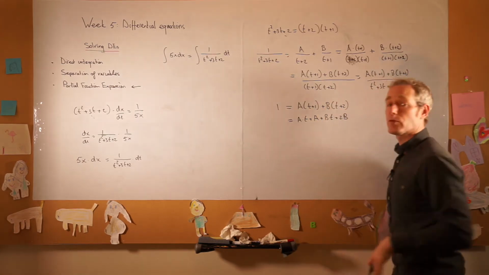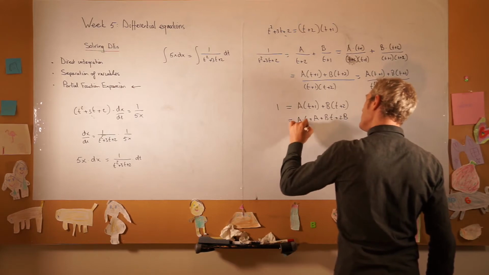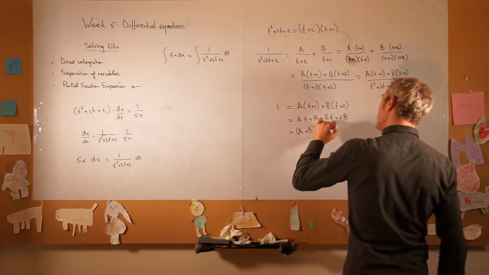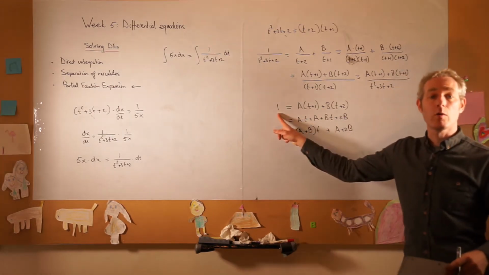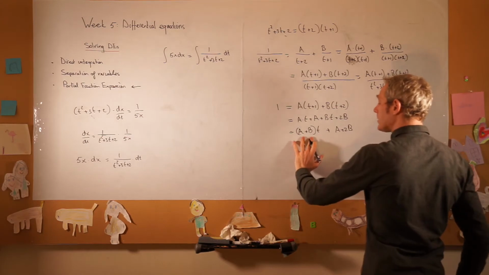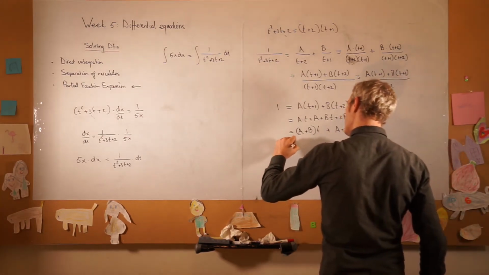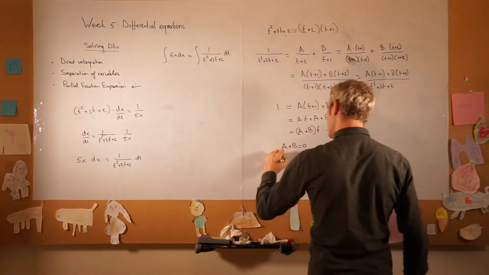I group the terms with t together. It's equal to a plus b times t plus a plus 2b. Now on the left-hand side I only have 1. I have 0t. So a plus b is equal to 0,